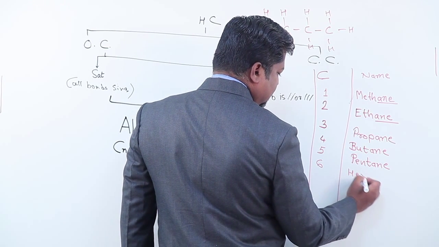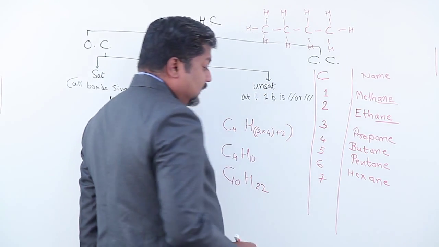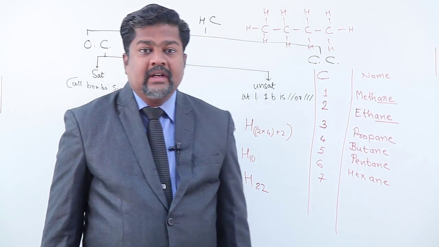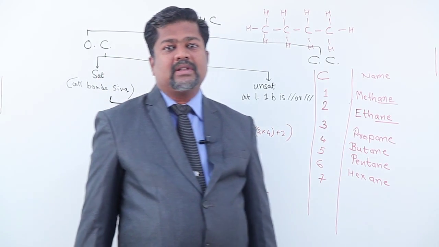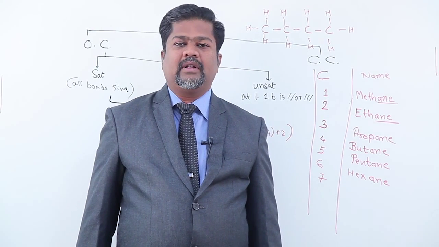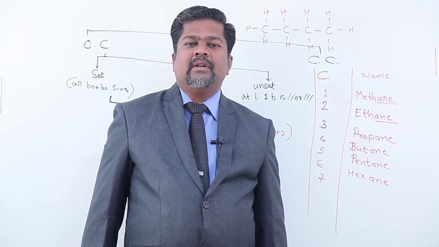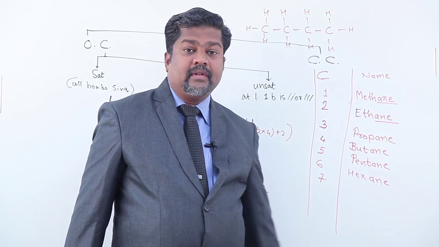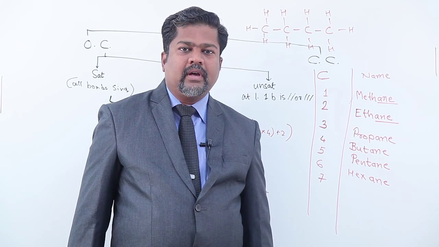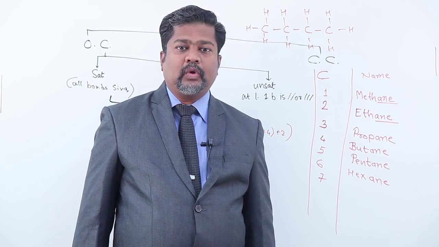6, hexane. 7. Now if you observe our history lecture, we are calling that the pronunciation problem between s and h, and the similarity between Sanskrit language and other European languages. Here we have somewhat of a similarity, because in Sanskrit this 7 is sapta. So here also the word goes the same way, but instead of s I have to pronounce h.